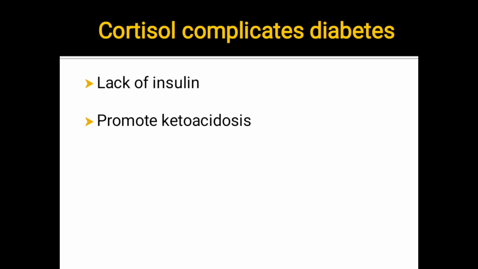In normal individuals, cortisol increases the blood sugar, and this in turn will increase the insulin secretion, which is going to prevent the ketone body formation. But in case of diabetes, there is lack of insulin, so cortisol raises the blood glucose, and there is no opposing effect for this, and this again favors ketoacidosis, making the diabetes worse.